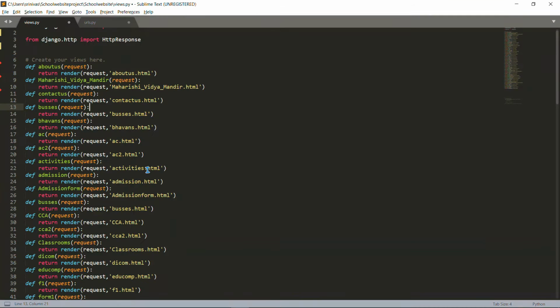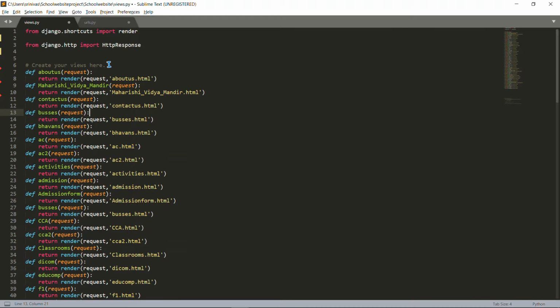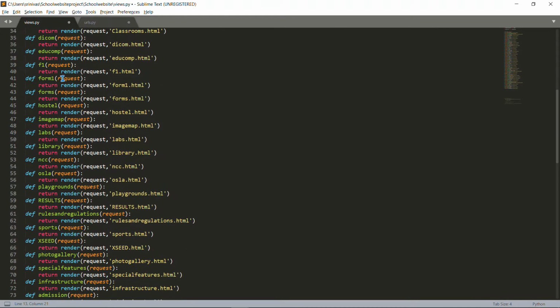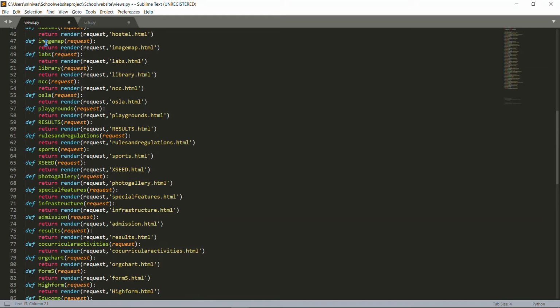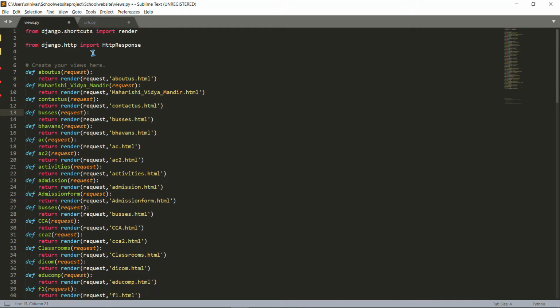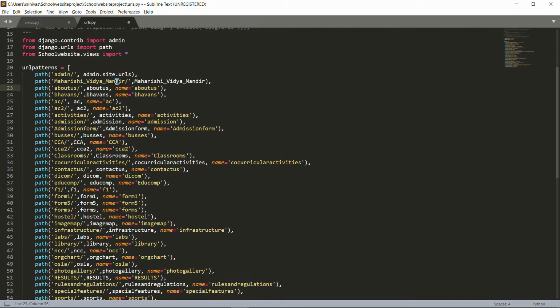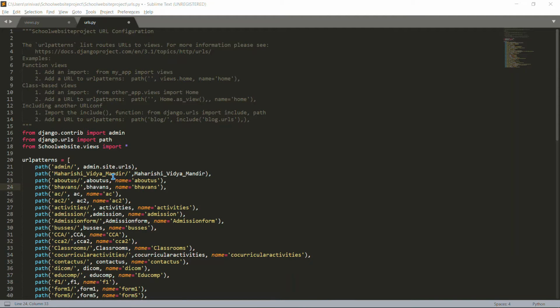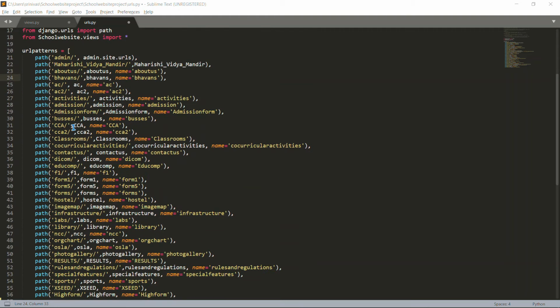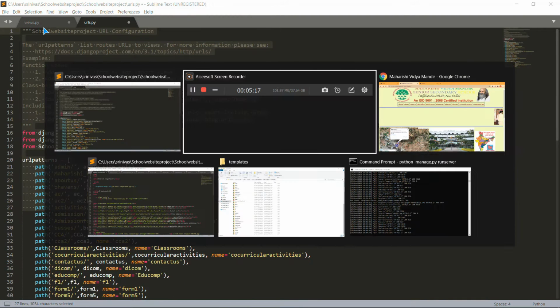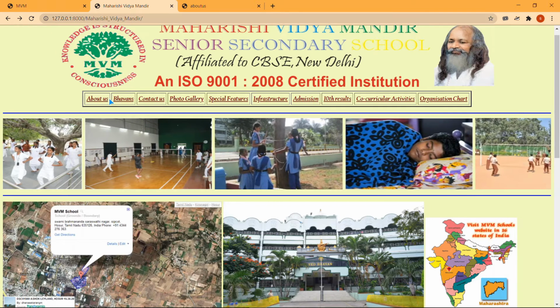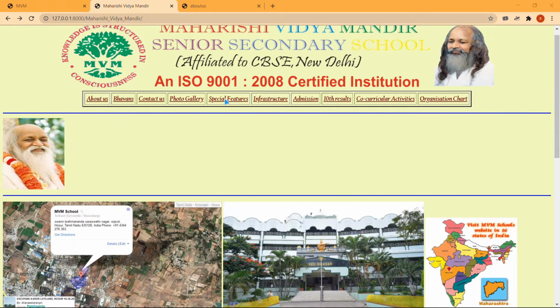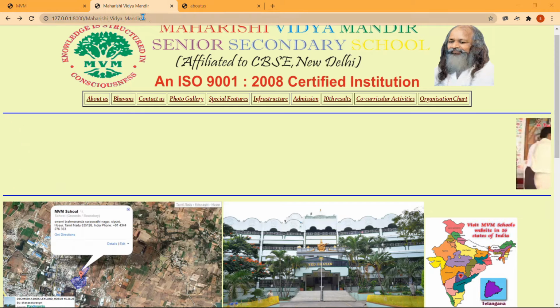In views.py we have to define all the function names, so we give the same name as the HTML pages. To load these, we gave the URL in the urls.py file. You can see that I've given this name tag for all the paths, because if you don't give this name tag, then when you call the hyperlink, it will redirect you to a wrong URL.